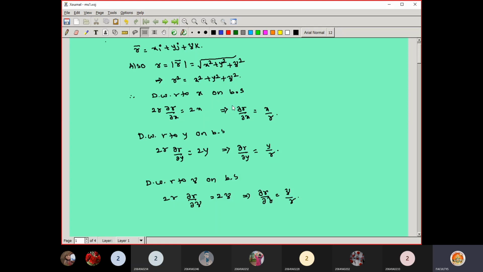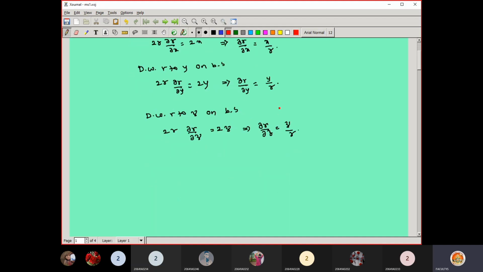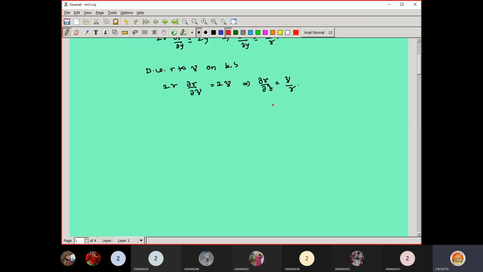So whenever a problem involves such type of r, immediately we have to find out these three things. Otherwise, you cannot enter into the problem. So based on this particular information, today we are going to discuss some more problems based on r value. Now you write down the first problem.